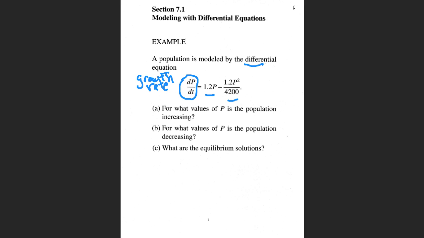Okay, and we have some very fundamental questions here. First of all, for what values of P is the population increasing? Okay, so if the population reaches, well, I want to be a little careful how I phrase it, but do you think a population, like take deer,